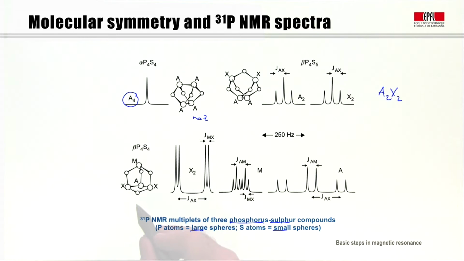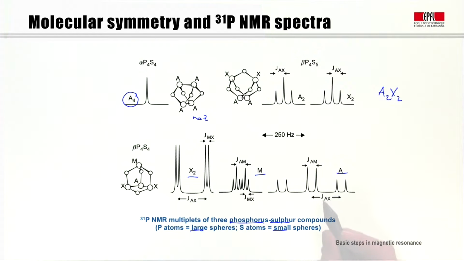This is a more complicated case where this phosphorus on top here has 3 sulfurs, a bit like what we had before, but at the bottom here we have a phosphorus which is squeezed between 2 other phosphorus, whereas the other phosphorus are squeezed between a phosphorus and 2 sulfurs. So clearly we have 3 different chemical environments, and we have an AMX2 system, because the only magnetic equivalence is between these 2 X nuclei, and the consequences are, as you can see,